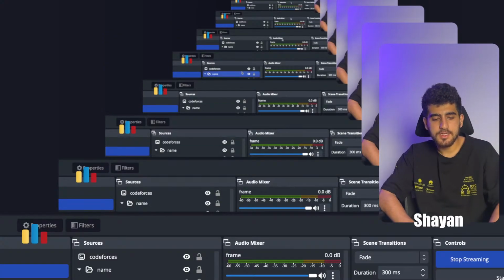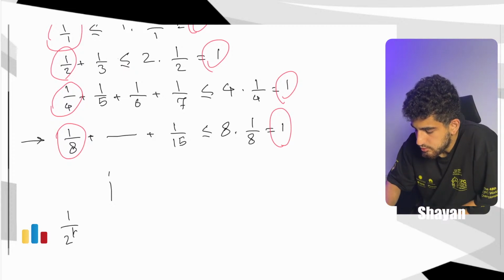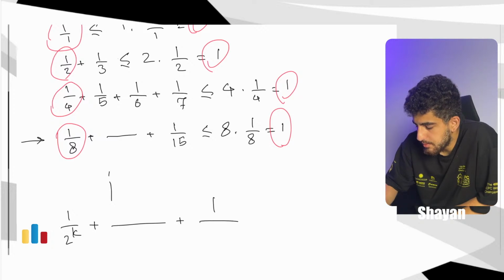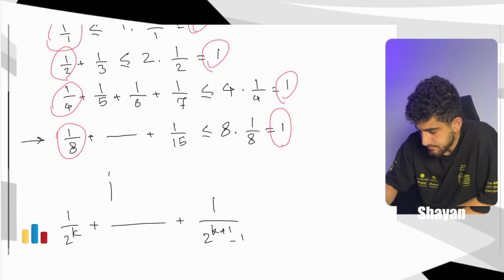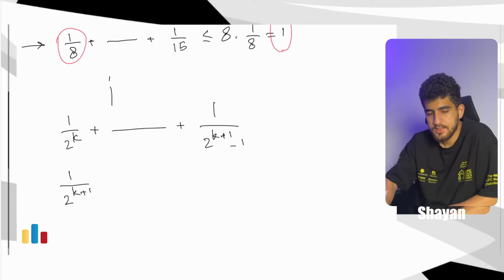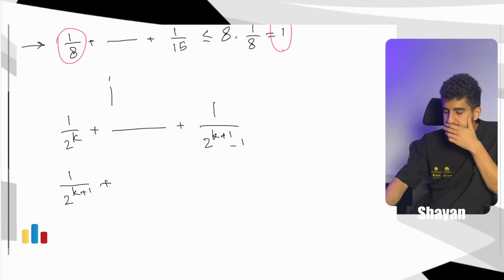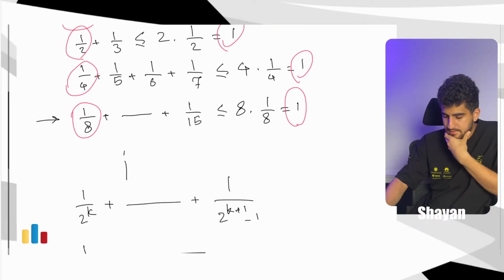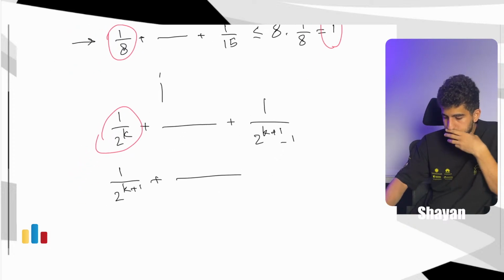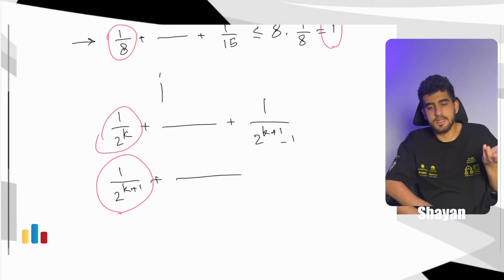Exactly, it's going to be log, because if you see, the start of each group is 1 over 2 to the power of k, and it goes to 1 over 2 to the power of k plus 1 minus 1, so that the next group again starts from 1 over 2 to the power of k plus 1, and so on. So the point is that the start is a power of 2, I mean, in the first numbers, the denominator always has a power of 2. So how many powers of 2 do we have less than n? It's going to be log of n.